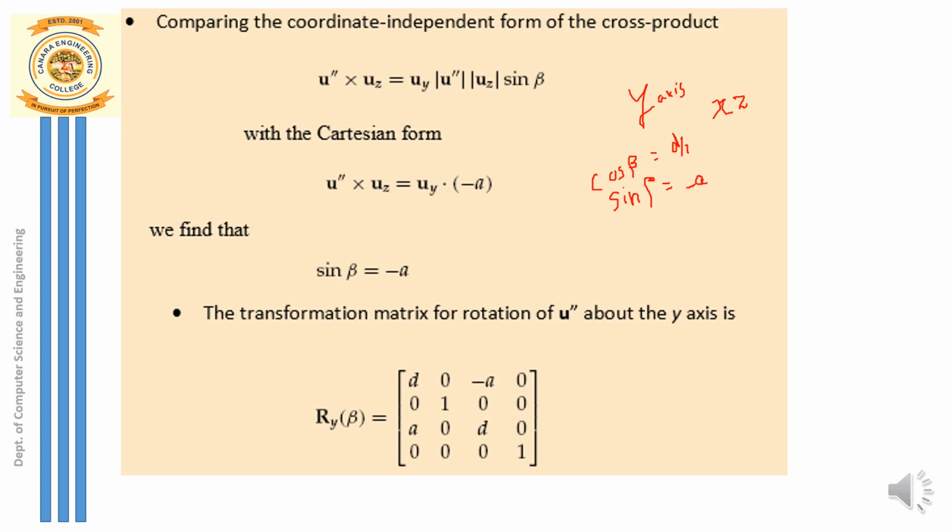So here we can substitute these values in the matrix. This matrix is shown over here. Remember, this is a matrix where the second row is 0 1 0 0, which indicates that it's a rotation along the y axis. So you have to substitute all the other values for cosine of angle beta and sine of angle beta. Okay, so you can just substitute these values.